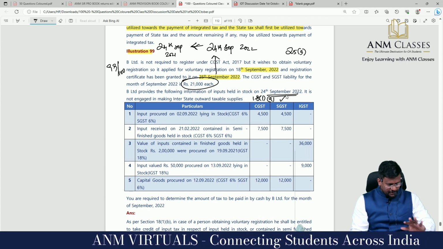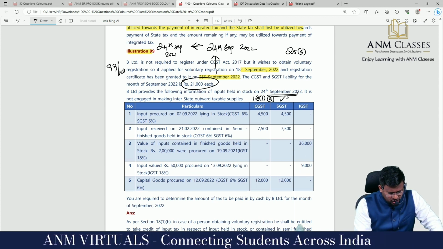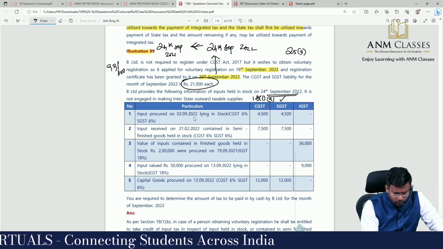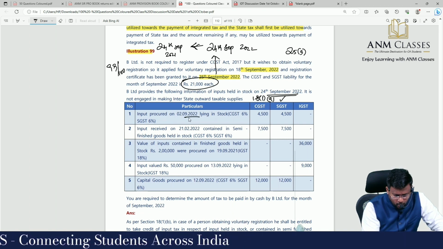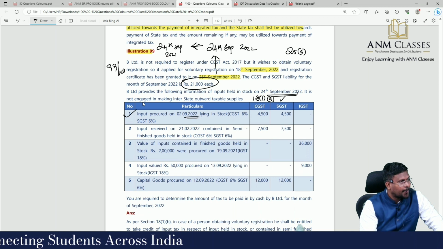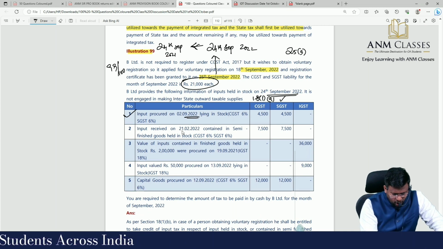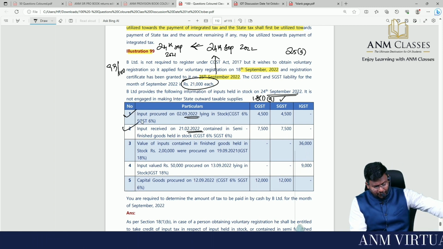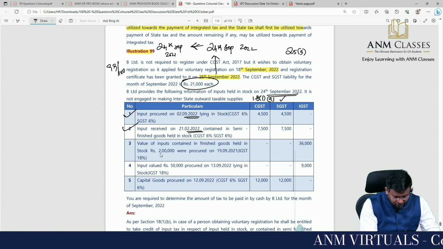Clear? I am coming. So cut off date is 24 September 2021. Inputs procured on 24/9/2022. This is 22. So there is nothing to check. Input received on 21/2/2022. This is 22. So there is nothing to check. Value of input contained in finished goods held in stock of rupees 2 lakh